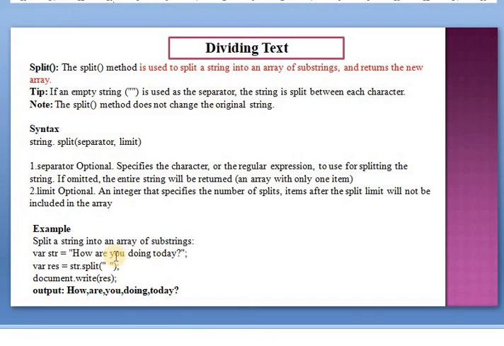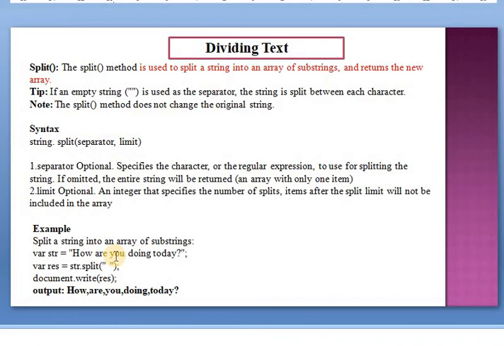Means the split function is used to split the given string into an array of strings by separating it into substrings using a specified separator. The separator specifies the point where the split has to take place. If the separator is not specified, the entire string becomes one single array element. If the separator is empty, then every character of the string is separated by a comma.